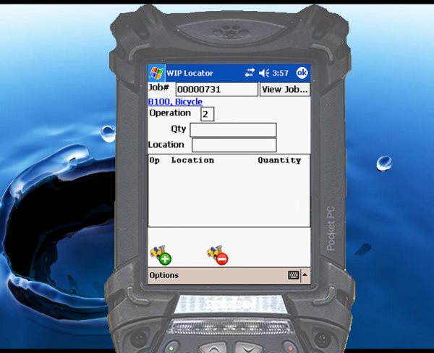Now I enter the quantity of partially completed material that I'm moving off the line, and then scan or enter the location where I'm storing it. Once my data is in place, I touch the Put Away button, which is the forklift with the plus sign. And you can see that riteSCAN has recorded the 50 items that have been put away for this job in